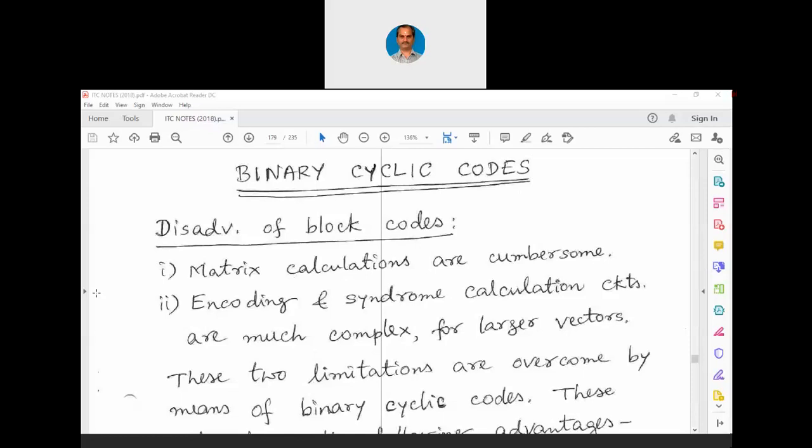How to solve this problem? For solving the problem, instead of going for a concurrent execution, we go for a serial execution, which means we break up a parallel number of bits into serial one by one, and we can handle bit after bit. That is why now this is called as cyclic code. Please recall